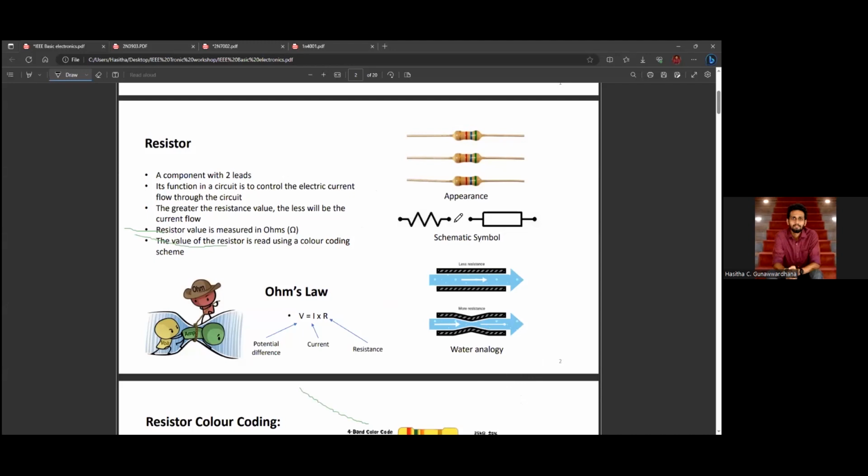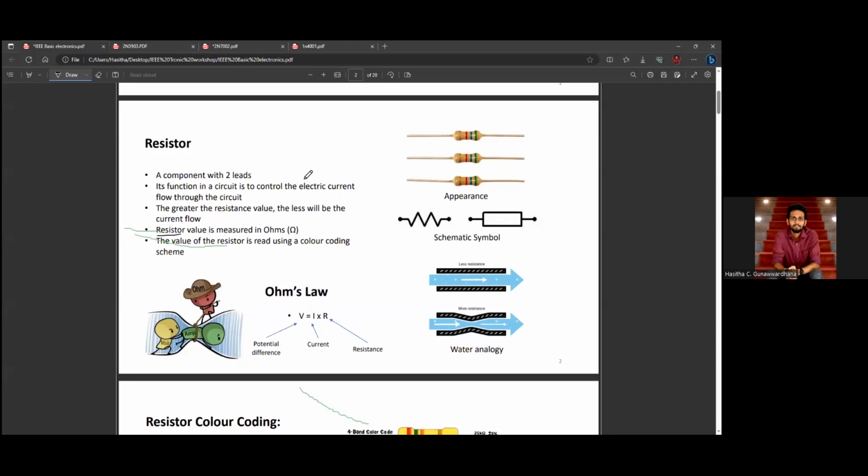So all of these resistors basically have two leads. A resistor is a component that resists the flow of current. So if we want to control the flow of current in any path of a circuit, we can use a resistor. And when we are going to choose a resistor, we have to consider first the resistance value,